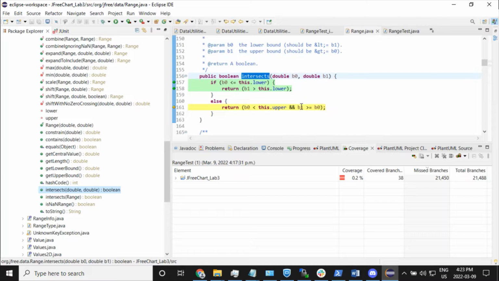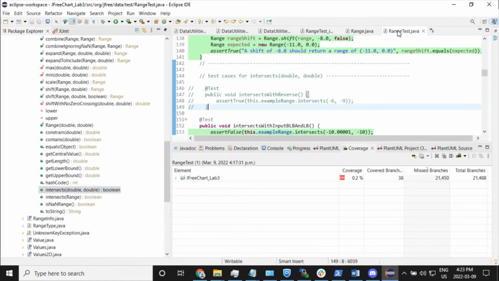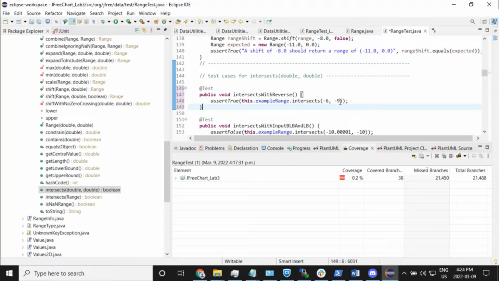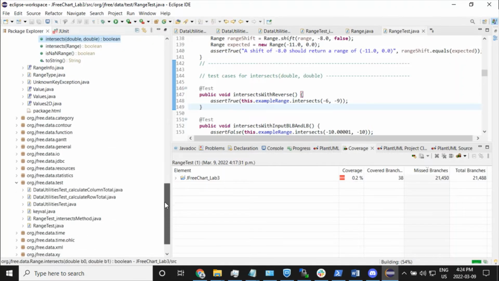The particular branch that we miss is under the condition when B0 is bigger than B1. So we have built a test case where we actually have the intersect with which B0 and B1 has reversed values, so that B0 actually has a bigger value with -6 than B1 with a -9. So if we were to actually run this particular